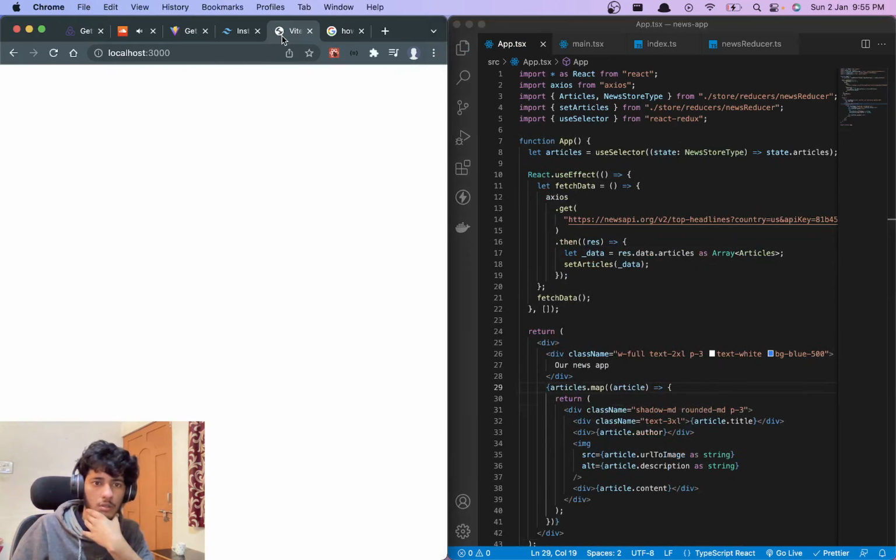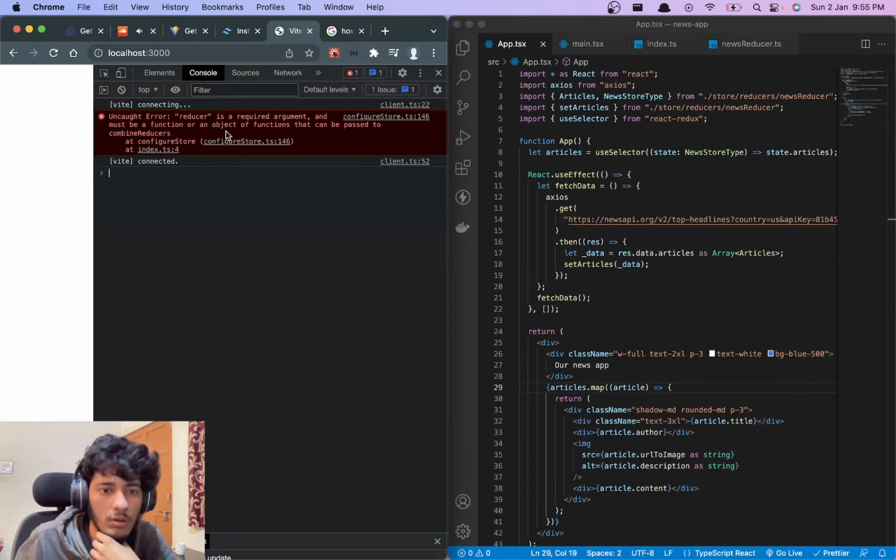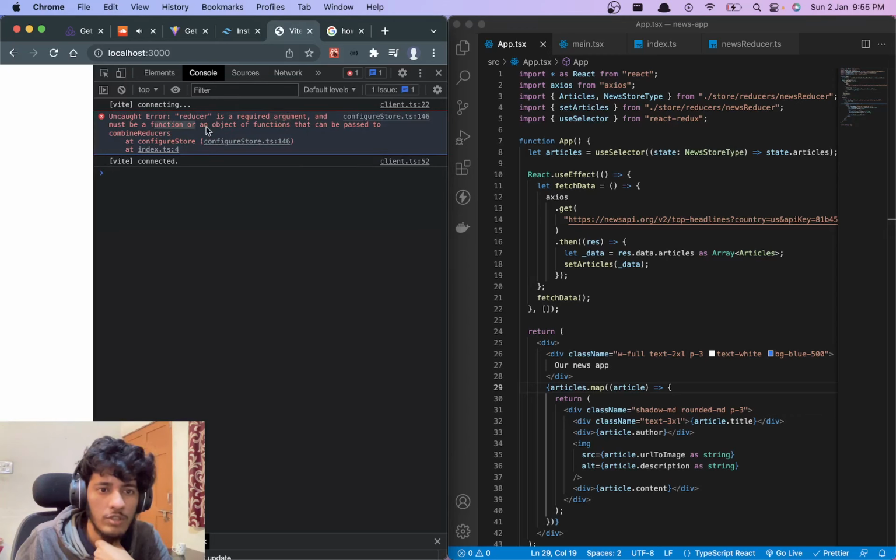Does that work? No, that doesn't work. What is the issue? It says reducer is a required argument and must be a function or an object that can be passed with combined reducer. Reducer is a required argument.